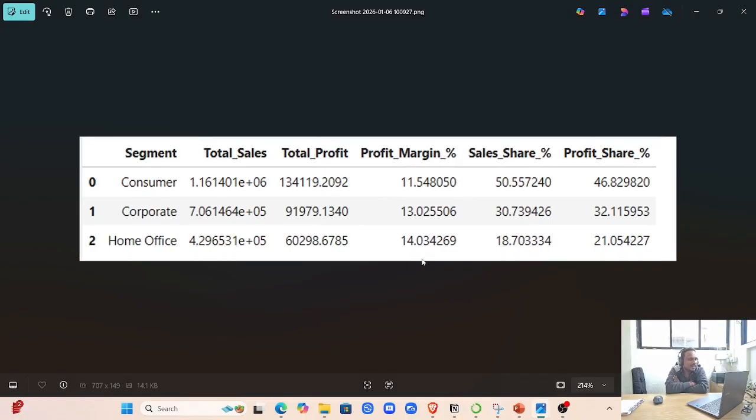Now we come to the most dangerous question. Should we keep all customers intact? Look at this table. It shows segment-wise distribution of total sales, total profit, profit margin percentage, sales share percentage, and profit share percentage. From this table,